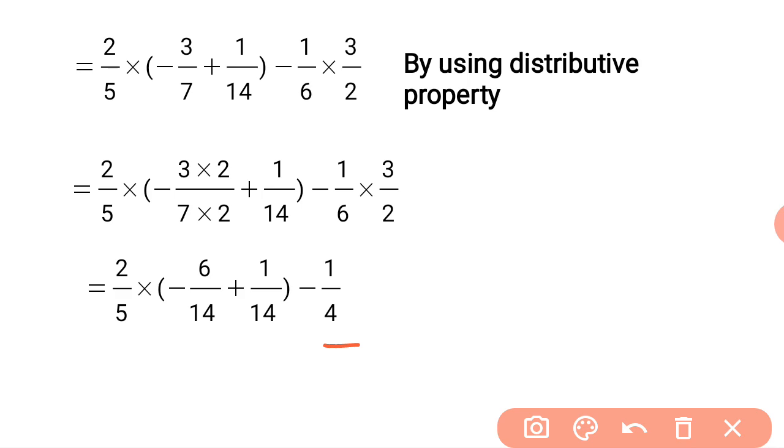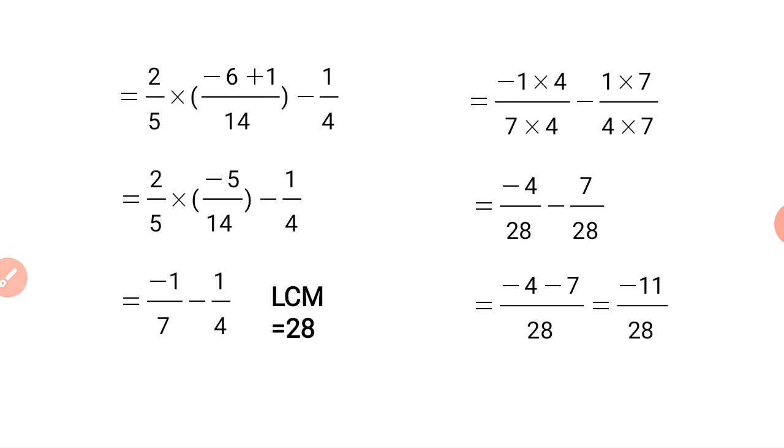And your first term can be solved further. Let's see what we get next. The entire thing is now being flashed on your screen, and I'm not going to get into the details of LCM that you already know. After using the LCM method, you finally reach the answer, that is minus 11 upon 28. In between steps, you can try on your own.